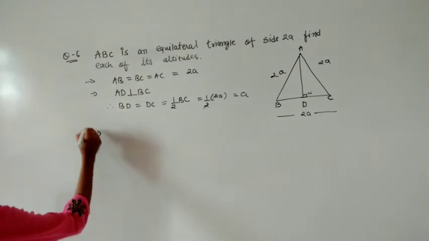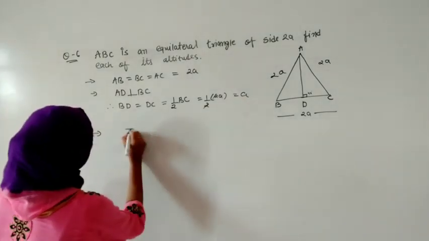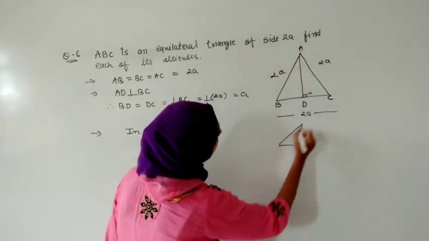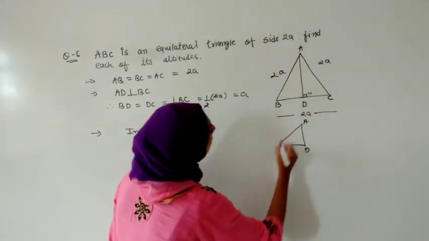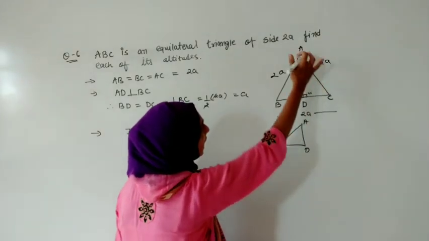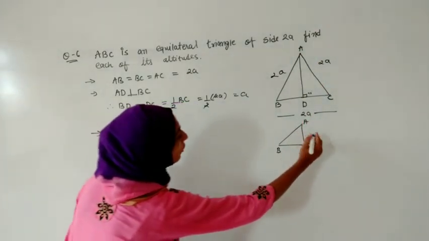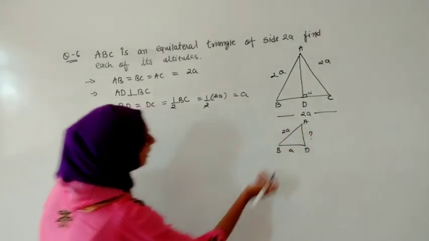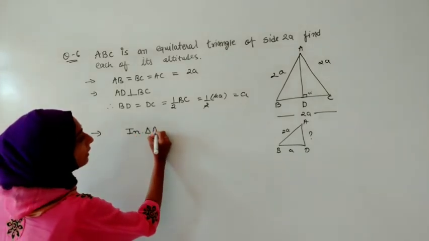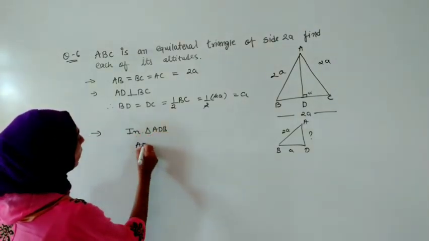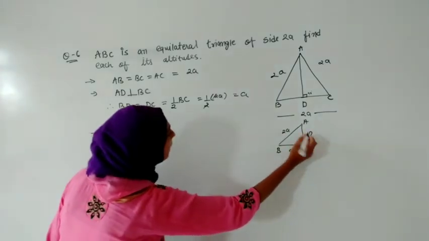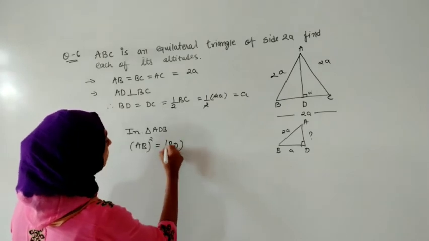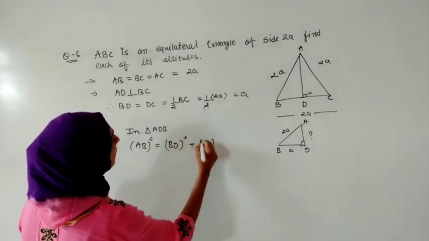So let us apply Pythagoras law over here, and we are talking about one triangle. You can take ADC also, but I have taken triangle ADB, because in that AD is also coming. So we have to find AD, means the altitude. We need 2 sides, and we have 2 sides. So in triangle ADB, let us apply Pythagoras law because D is 90 degrees, and in front of it is called the hypotenuse. So AB square is equal to BD square plus AD square.